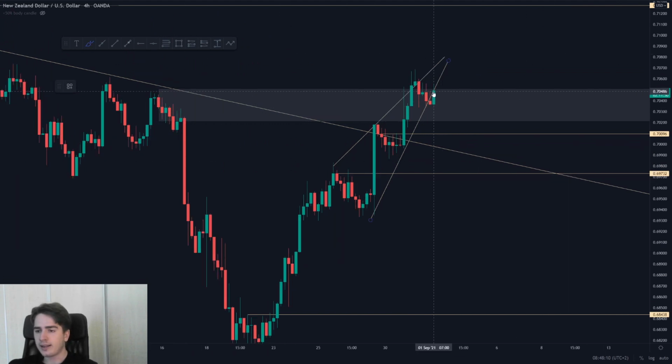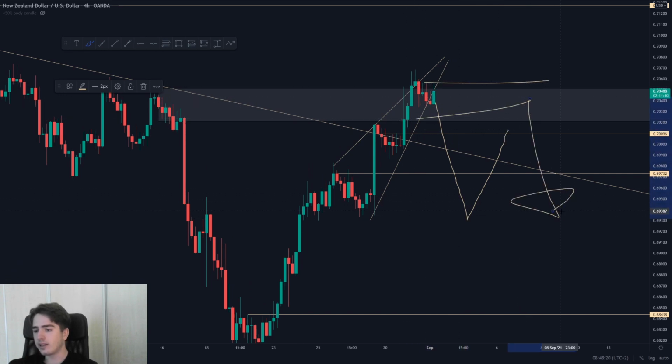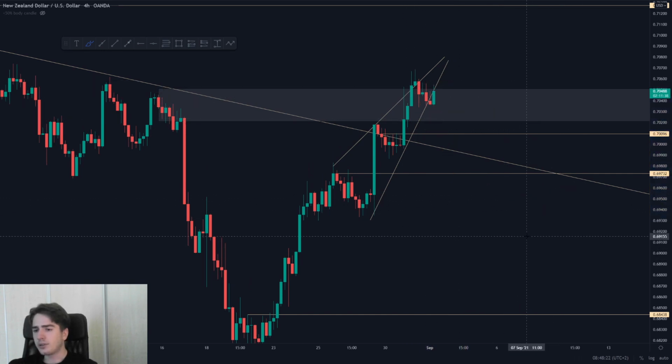So what do I mean by that? Well, essentially just a push down lower, break these rejection levels which are lined out for potential buys, then wait for the retracement back up in towards, let's say, supply to then take a further short. So yeah, Kiwi dollar is not looking that good at the moment. I would skip this pair preferably until we form new structure. So that said, let's head over to our last pair, which is gold.